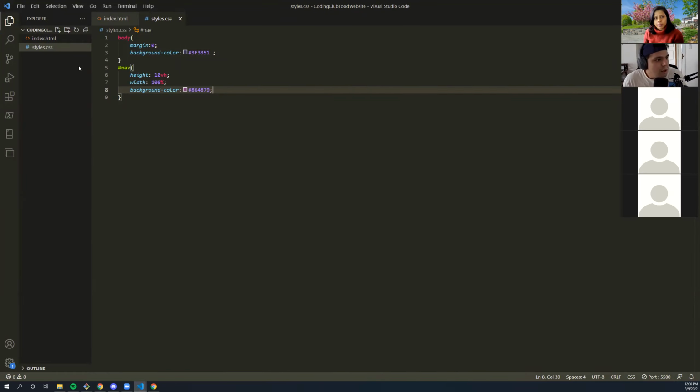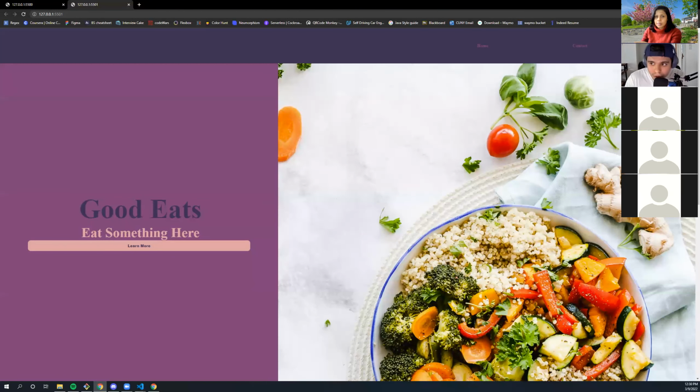Next, I want to put in the links within our nav bar. All right. So we can see that the nav bar over here has 3 links, and they're pinned to the right in a row.